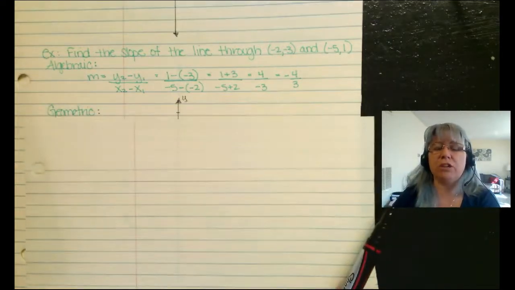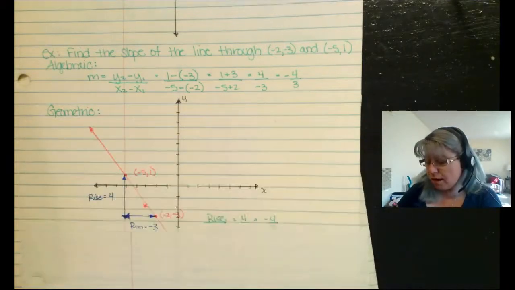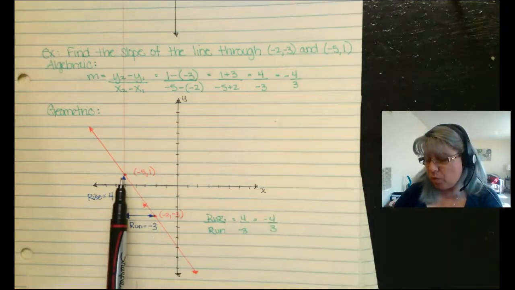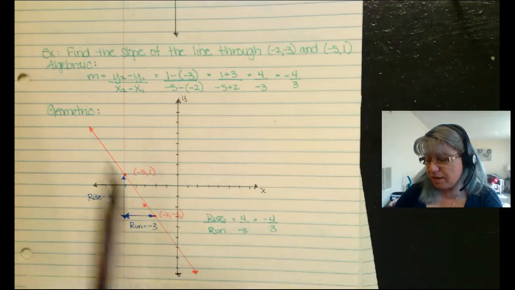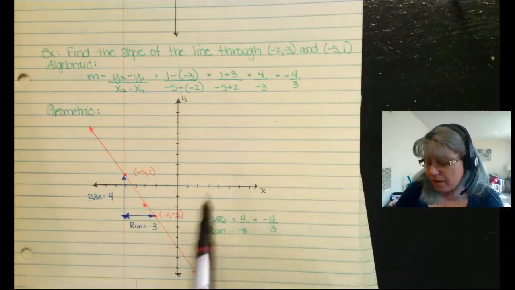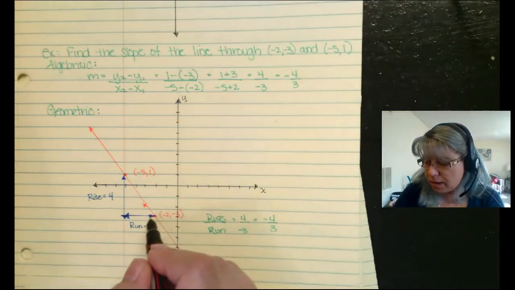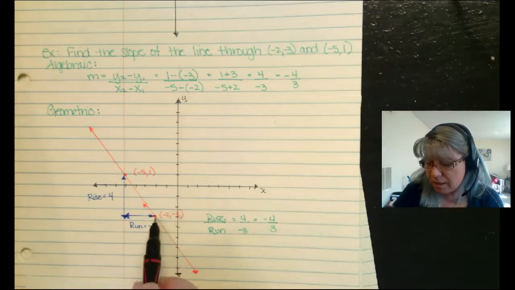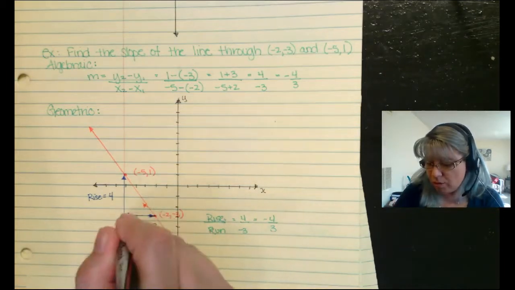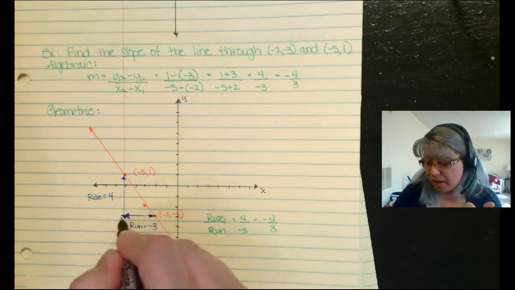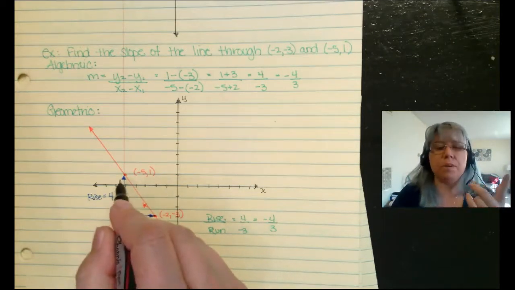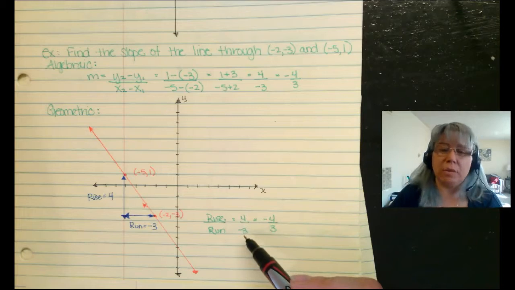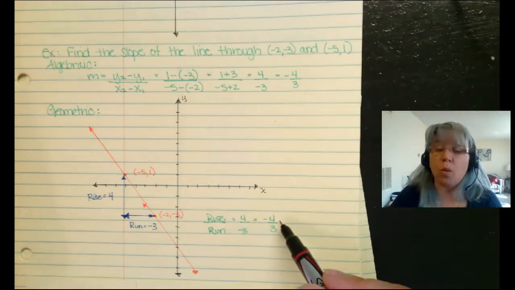Now, what if I didn't want to solve it that way? I wanted to solve it geometrically. So I draw out a big graph. I plot my 2 points, -5, 1, -2, -3. I draw my line. And then I figure out, well, I'm going to call this -2, -3 my x1. So I run over to the left, which is negative, and then -3, and then I run up 4. So it's still 4 over -3, but again, we don't write it with the negative in the denominator, so we're going to give it to the numerator or give it to the whole fraction.